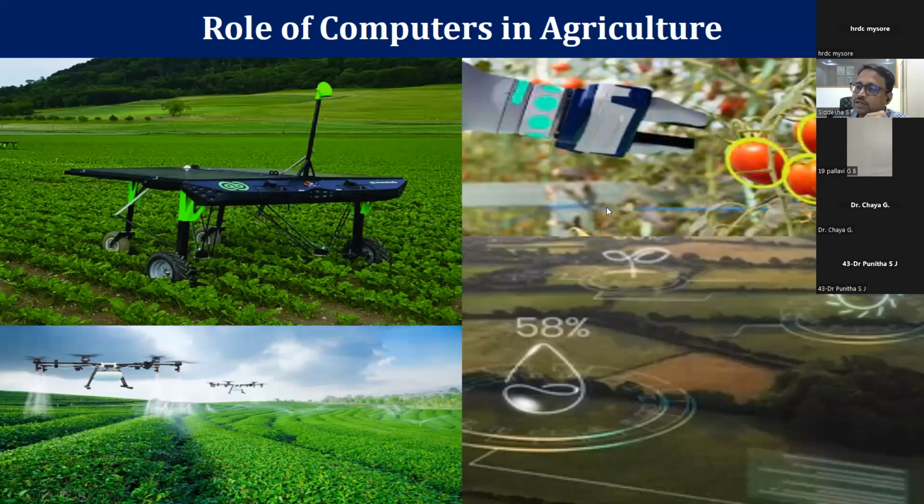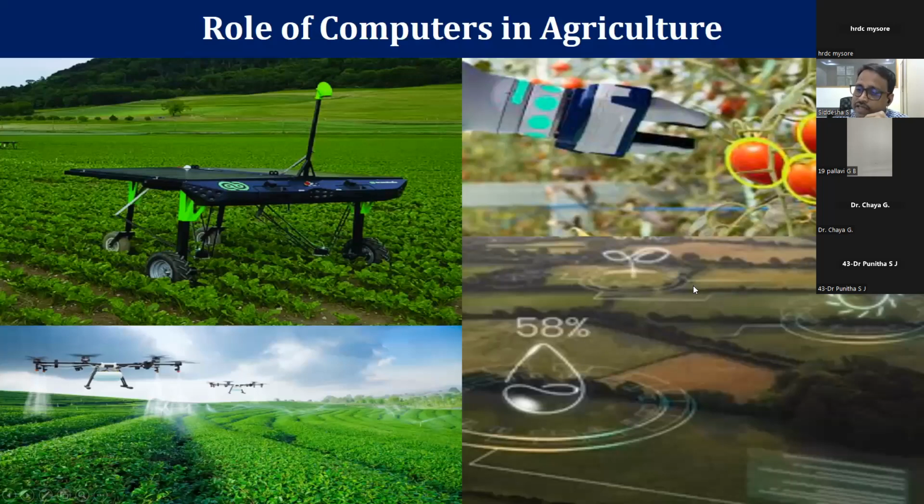And next one, in the right bottom corner, you can see some picture. 58% is nothing but water resources in that area, and 73% is nothing but the temperature in that circle. So this is nothing but agriculture IoT. We have put some sensors which detect the water level, at the same time detect the temperature level, sense these parameters and send them to the control room.